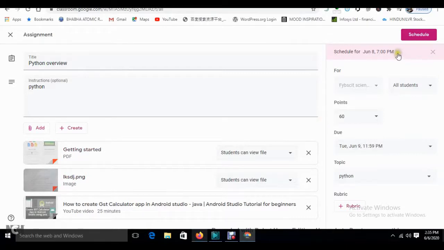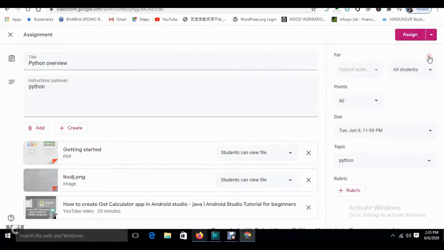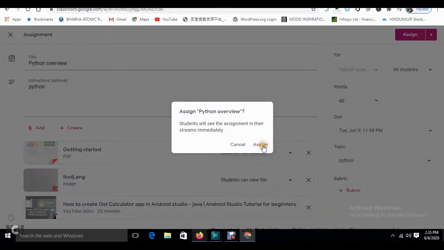Now see over here that we have assigned. Now the student came. So this is the student, or you can untick this and only select this student if you have multiple students, or you can directly pick all the students if you want to send this assignment to all of them. So we have selected. All these things are the same, I will assign it now, and now it is assigned.